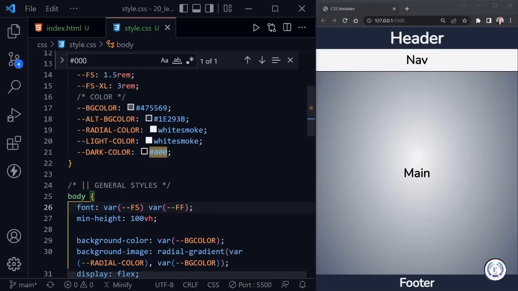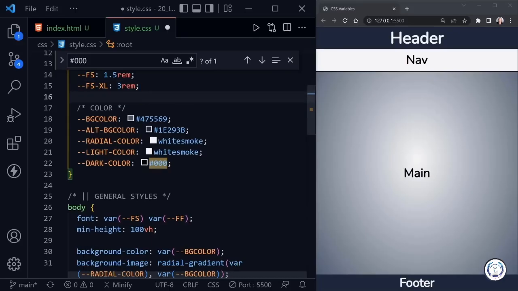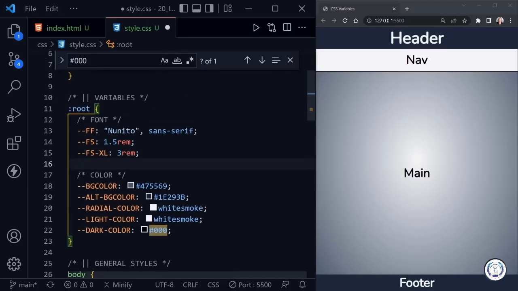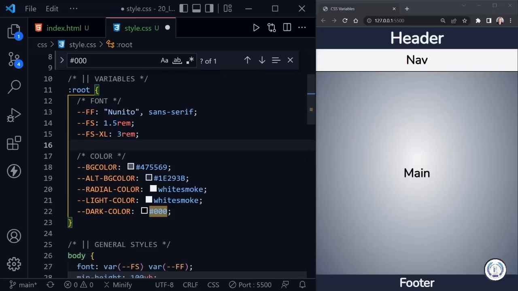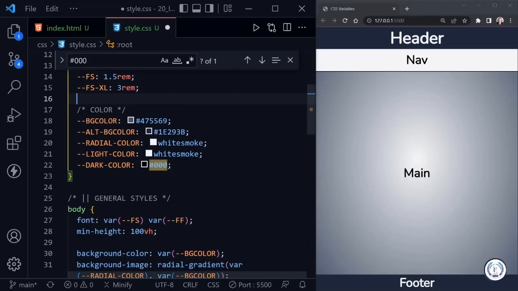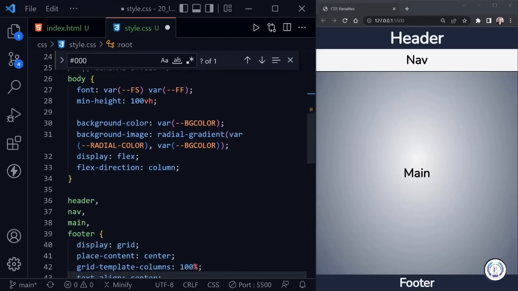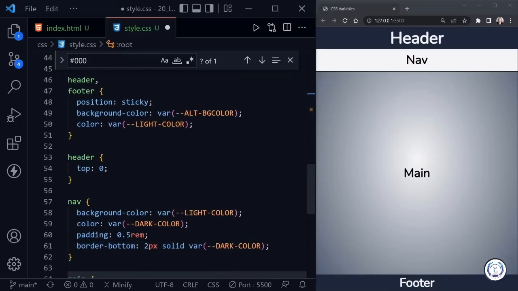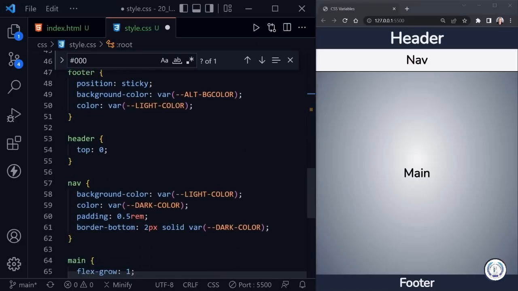Now, as you may be gathering, we're not limited as to what we can put in these variables. So it's not limited to the font or the color. We can also use it for other things. Let's quickly scroll down and take a look at our nav area here. You can see we have the light color, the dark color, and the dark color again used as a border. But then we have a padding here of 0.5 rem, and we could possibly also add a property or two